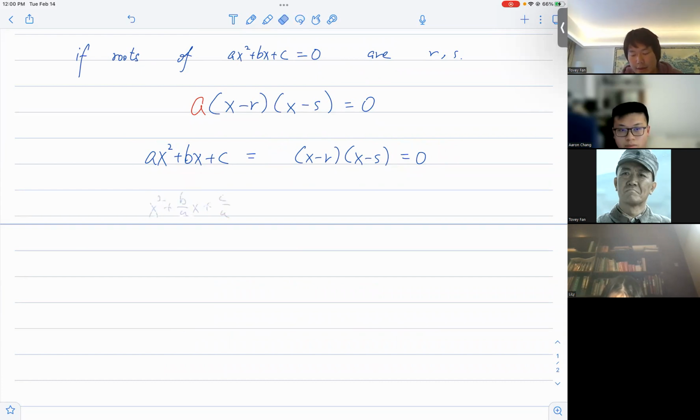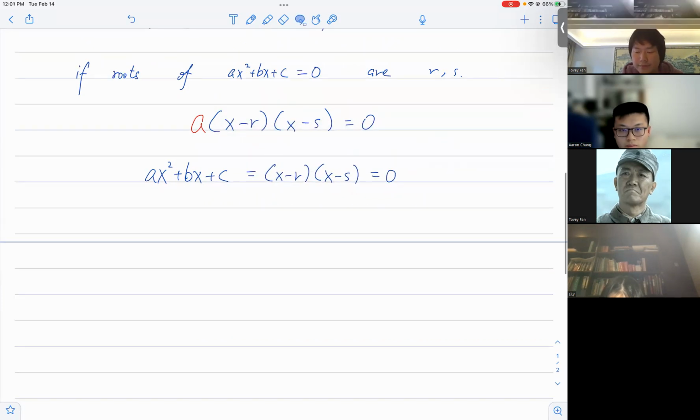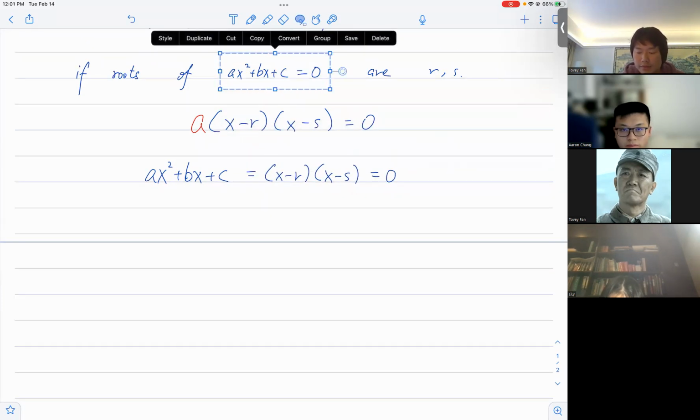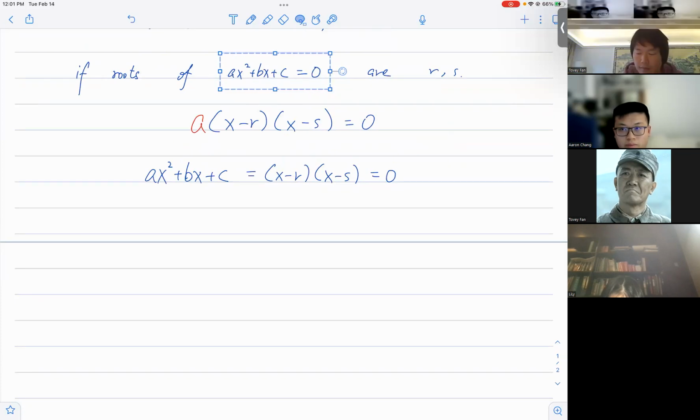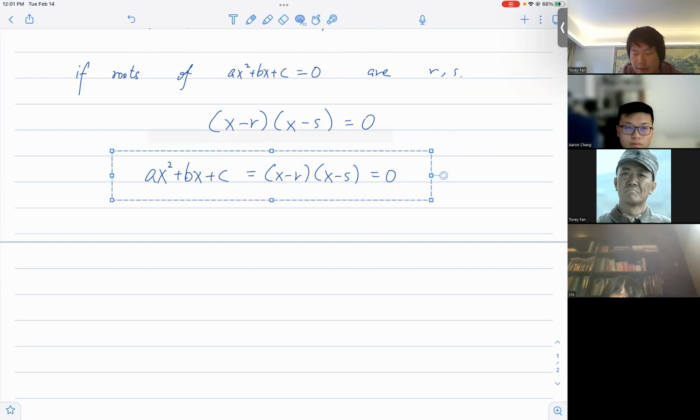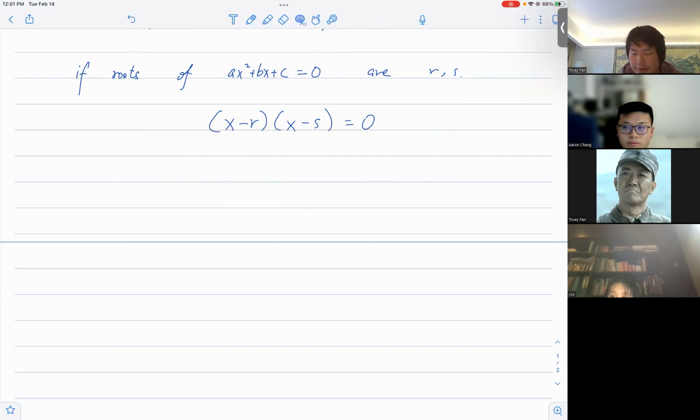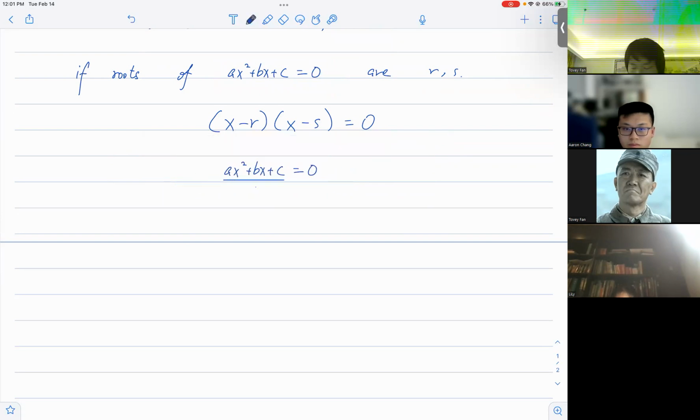Let's just say we divide by a, because both will give you the same result. Let me delete this, and then for this, I'm going to do a little bit of manipulation to it. Now, let's divide it by a so that we get x squared plus b over a x plus c over a